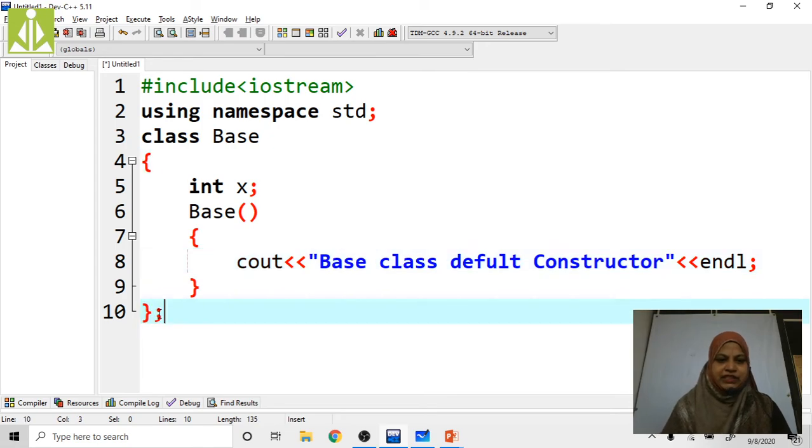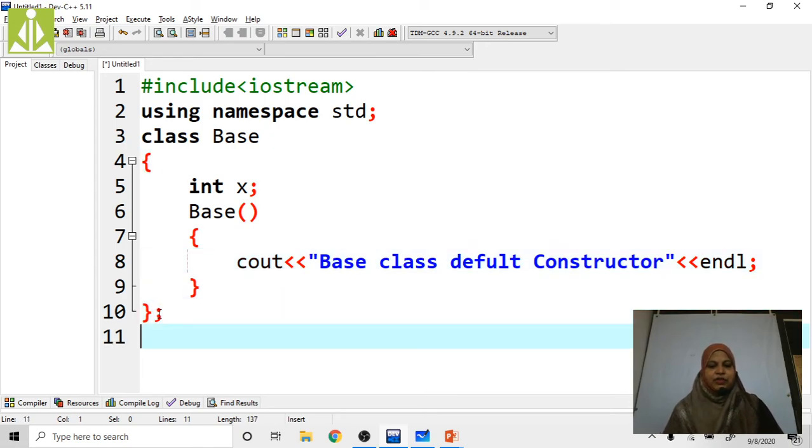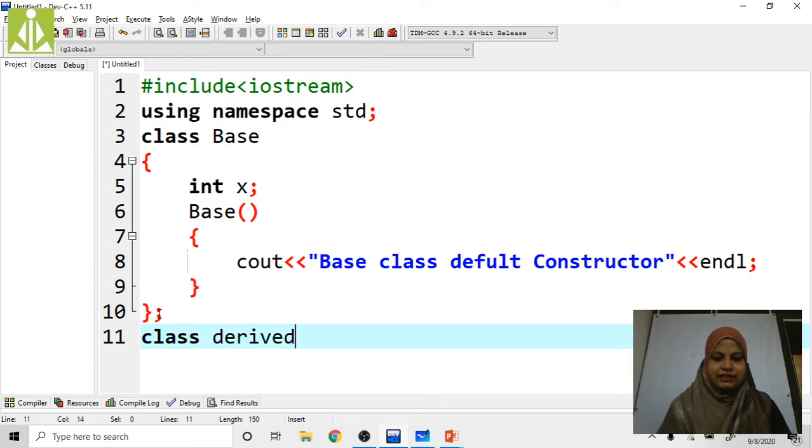Here closing the braces. Now I'm going to define the derived class, derived, in public mode, right? Public base.